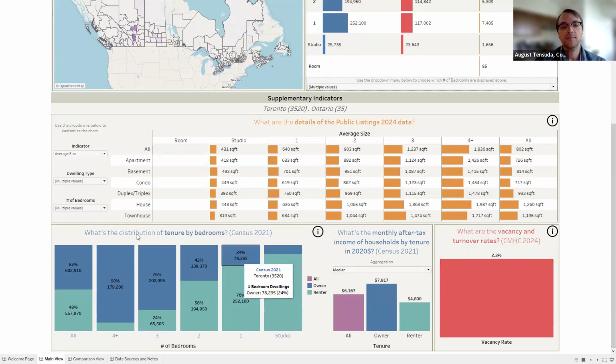So this table here I briefly talked about. This is the distribution of tenure by bedrooms. So this is to look at if you have a high proportion of renters in your area or a high proportion of owners in your area, because obviously the rental listings don't really get at that, and it is important for contextualizing your area to know just how many renters there are, just how many owners there are. Likewise with this chart here that shows the monthly after-tax income of households by tenure. It's also important to remember